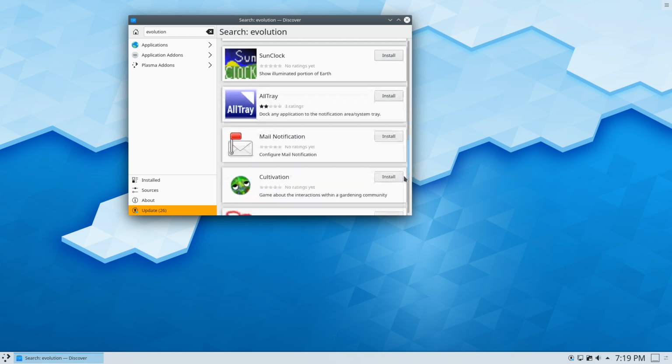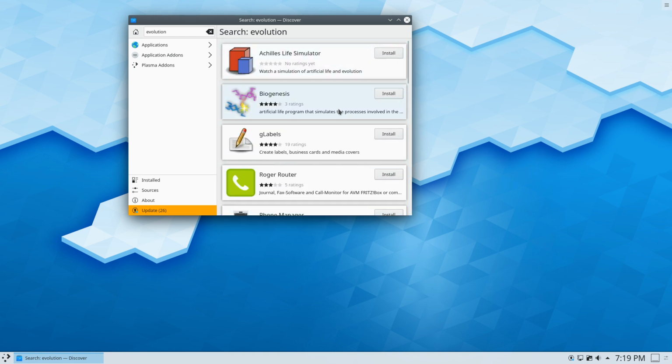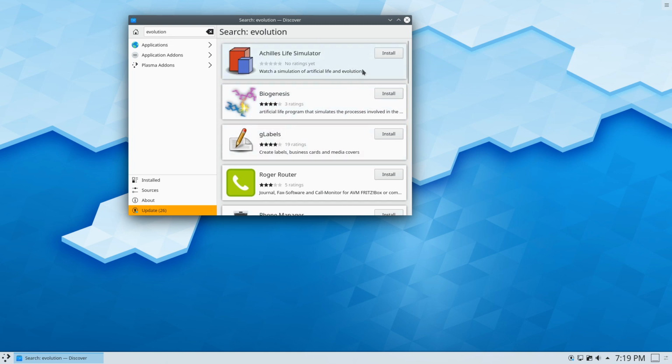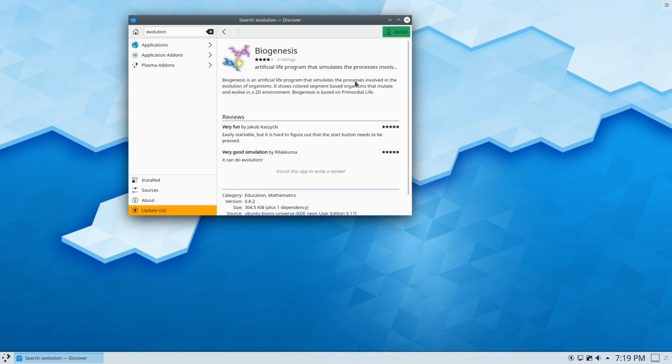That's what I was looking for, the Evolution software package. There's a lot of other things in here that are not quite Evolution. At least this one says Evolution in the description. Not sure if the other ones do or not. Let's see what Biogenesis does. Yes, this has the word Evolution in it. So we're getting things that are not just the application name, but description matches as well.